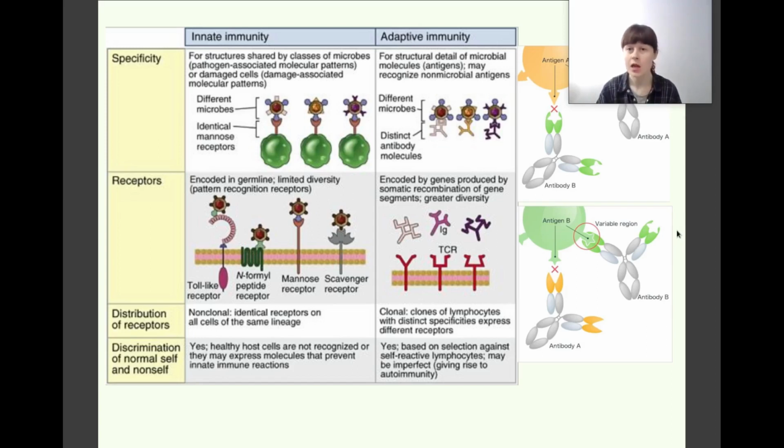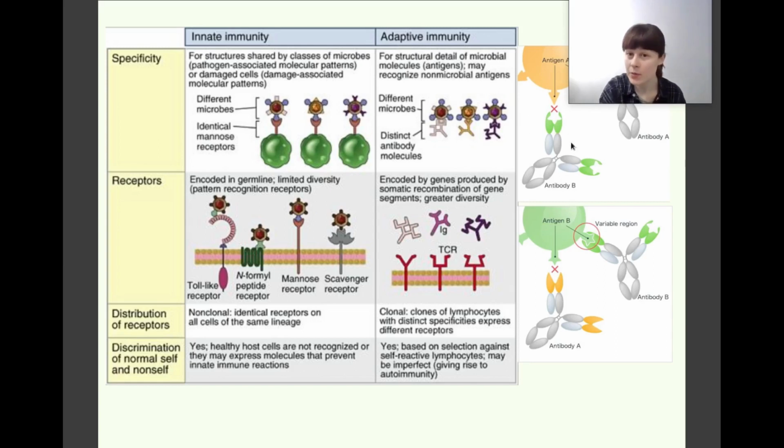Because of this, you see, antibodies have unique features. An individual is capable of making a tremendous number of structurally distinct antibodies, perhaps on the order of millions, each with a distinct specificity. The ability of antibodies in any individual to specifically bind a large number of different antigens is a reflection of antibody diversity. Antibodies can be remarkably specific for antigens, distinguishing between small differences in chemical structure, like antigen A